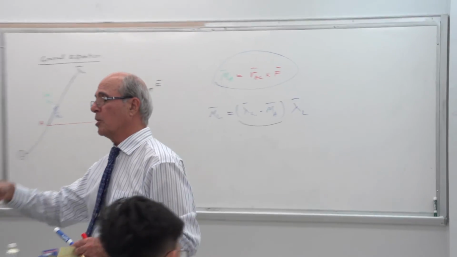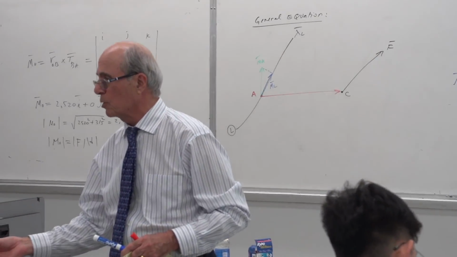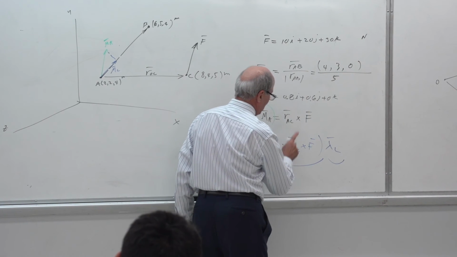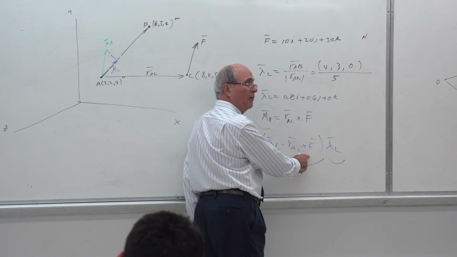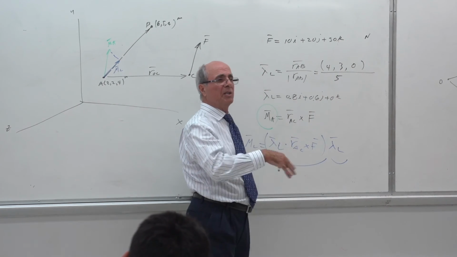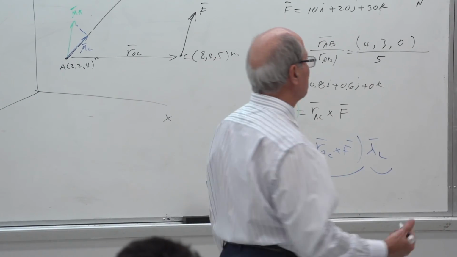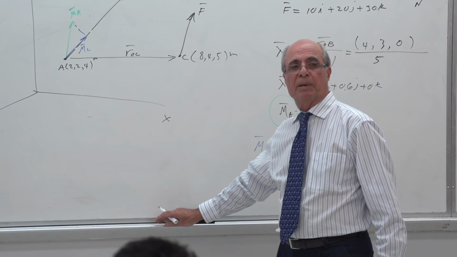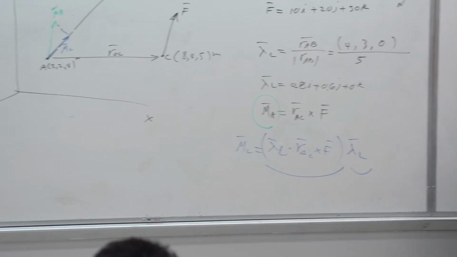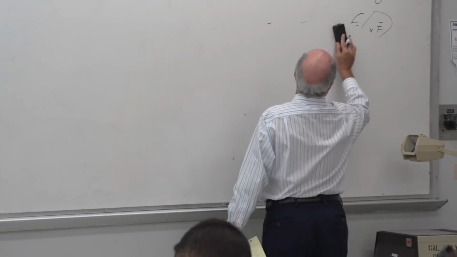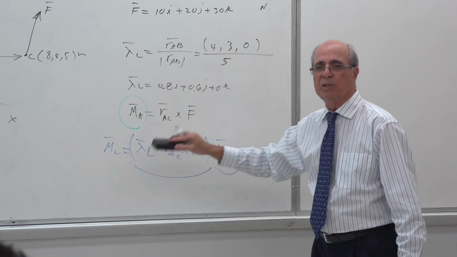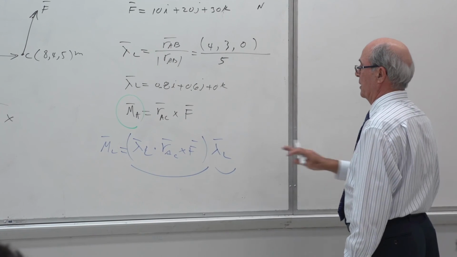You are familiar with the triple product? I gave you it in the handout. You know how the triple product works. This time it's not ijk. R cross product of F is another vector M, yes or no? Lambda L dot product of M is a scalar, you know that. It is a triple product, but the result is a number, not a vector. For our problem, you can do this individually, first calculate that one and then put it here, or you can do it in one bunch. I'm doing it in one bunch because we call it a triple product.